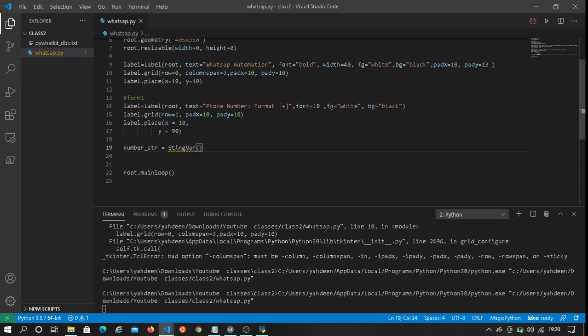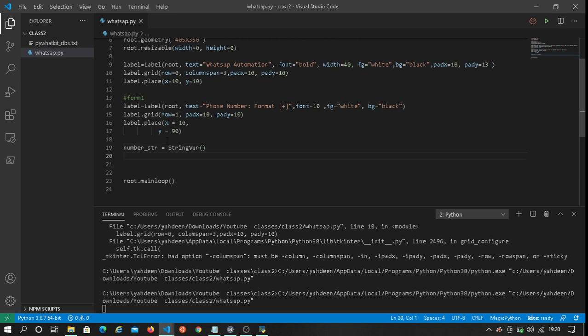In Tkinter, StringVar means that anything that enters in that entry box is interpreted as a string, and that's what we want, because for the script that we'll use to send the messages, the phone number and the message need to be a string. So that's why we use this.